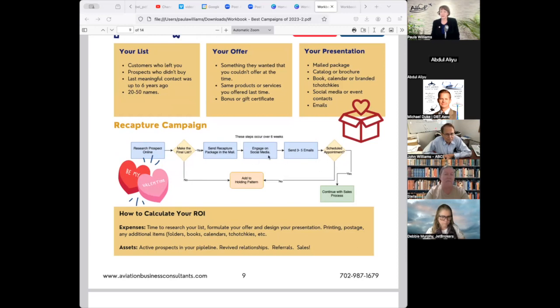You also want to engage on social media over 6 weeks. You want to be liking and commenting on whatever they're talking about, so you're getting back involved with their company. You're finding out what's going on, who they've hired, if they've been in the news, et cetera. And then you want to send them 3 to 5 emails